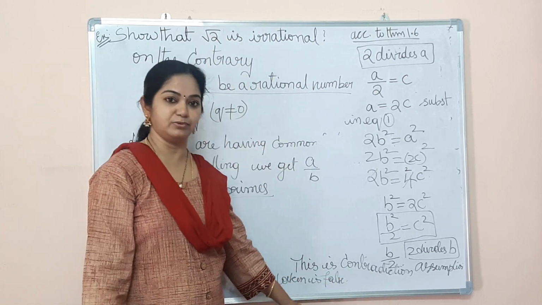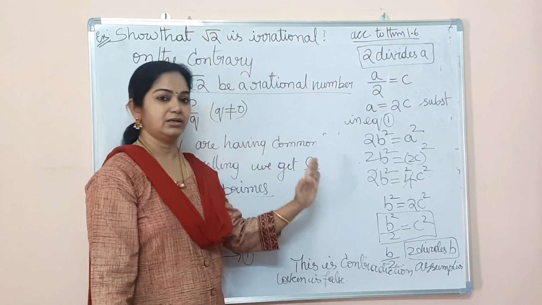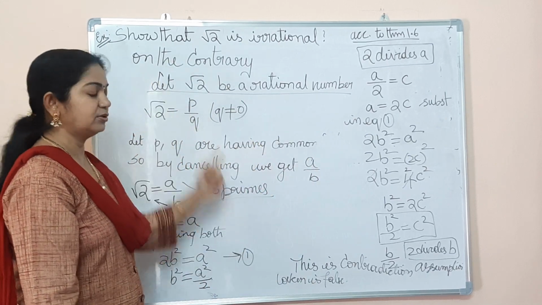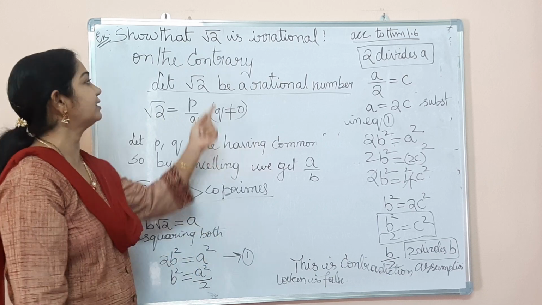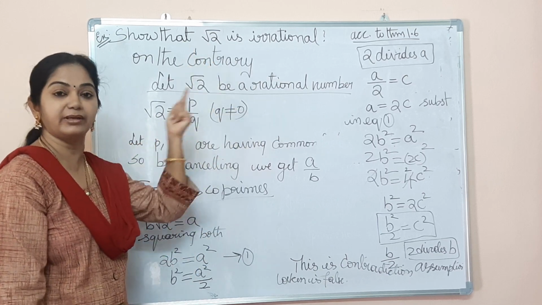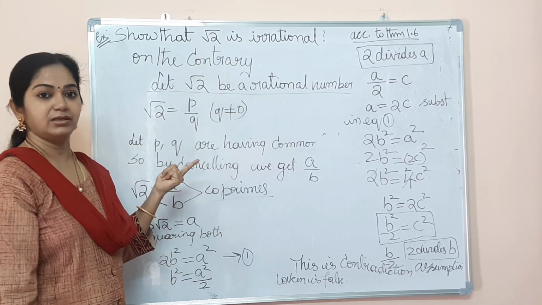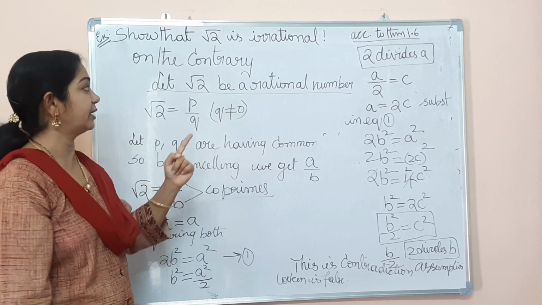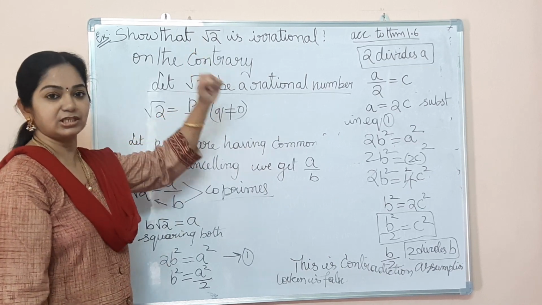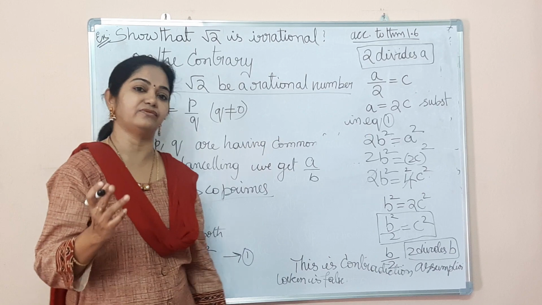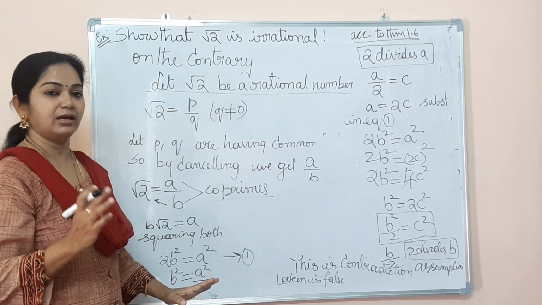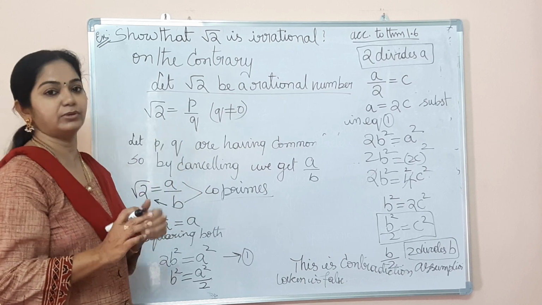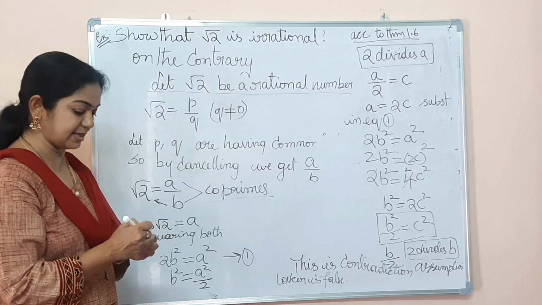Like this, we can prove. This is very important. Just pause the video, note it down, and if you understand each and every step, you can easily find out root 3, root 5, root 7, root 8. Not root 15, root 15 you cannot. You can do such problems like root 7, root 5 in the same way. You got this? Pause it and note it down, and let's see another example.